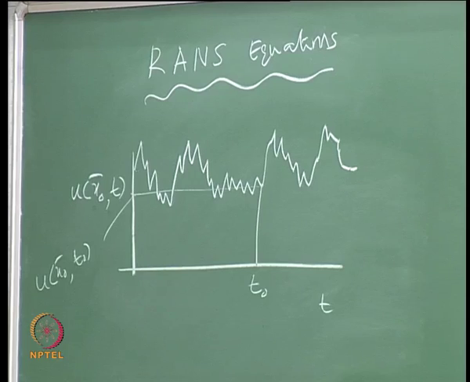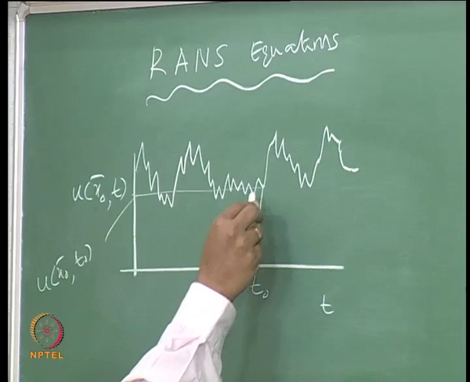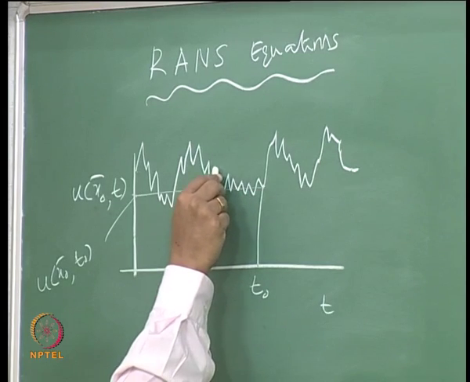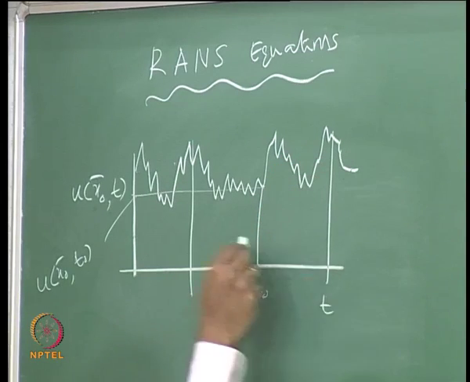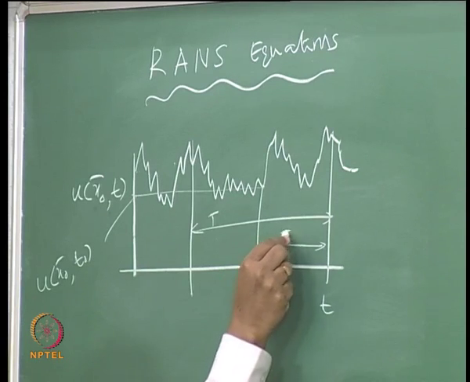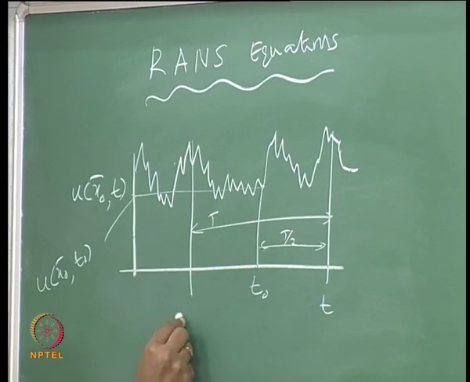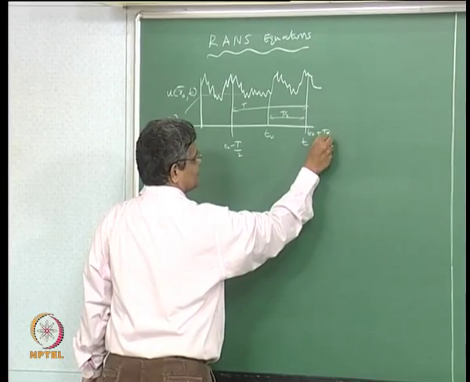But we can define also a time average velocity at t0 by taking a time interval, say capital T, such that this whole thing is capital T. This is the time period, and we average the u over this time period centered around t0. So this distance is T by 2. So this is t0 minus capital T by 2, this is t0 plus capital T by 2,